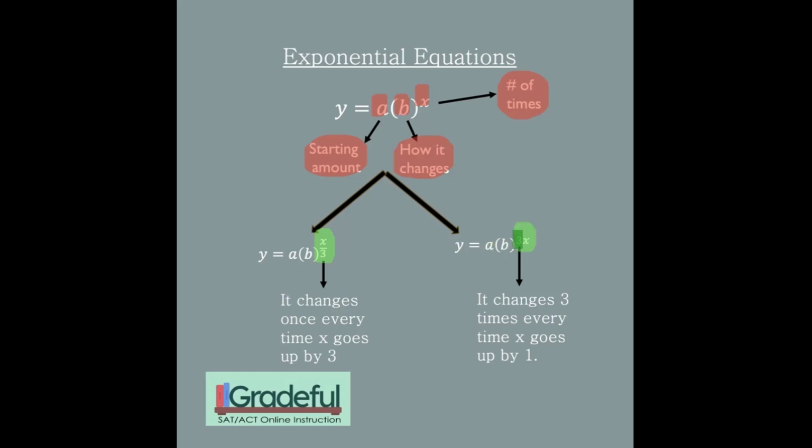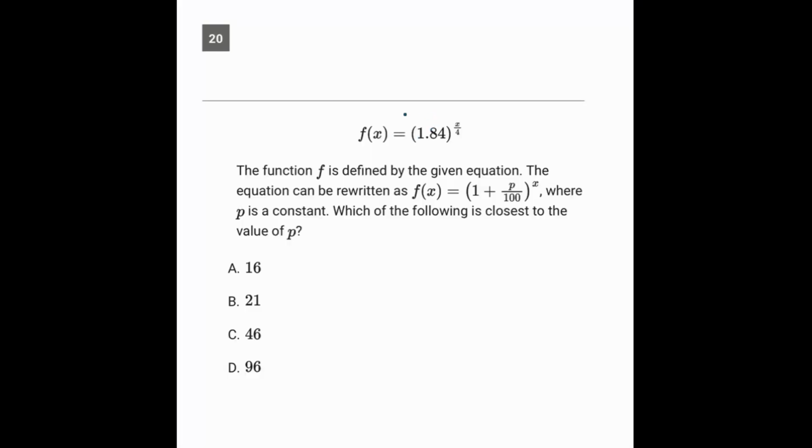And having a 3x here as an example would mean that it's changing 3 times every time x goes up by 1. So for instance, if this is a financial account, I'd be getting my growth of my money 3 times every 1, let's say, month. So coming back over here now, this notation is kind of a variation of saying f of x is 1 times 1.84 to the x over 4. So according to what we just showed you, this thing would be starting at 1. It would be going up 84% because, by the way, if we start at 100% and then go up or